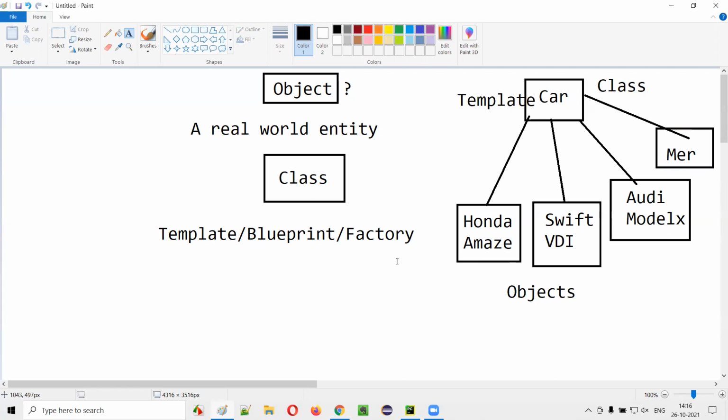For now, that is enough, guys. These two things I'm going to demonstrate in a detailed manner in the upcoming sessions. We just started, guys. Here we are understanding the concepts. Practically, I'm going to give you a lot of examples on objects and classes, and in this example also I will take a car class and create different object representations from the car class template. All these things I'll practically demonstrate in the coming sessions. For now, we are just getting started.